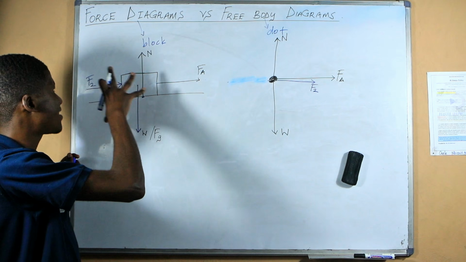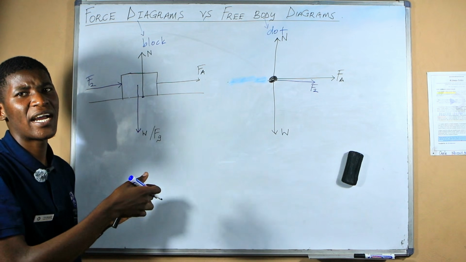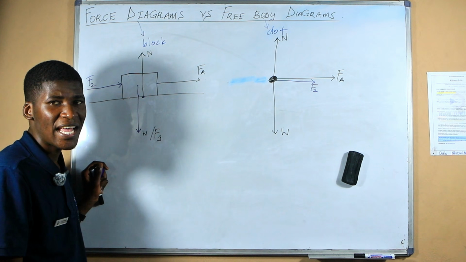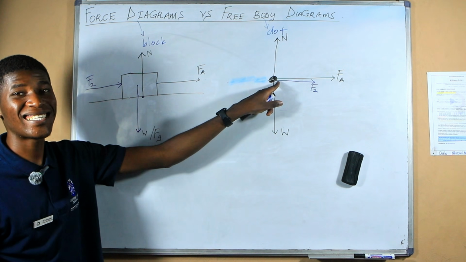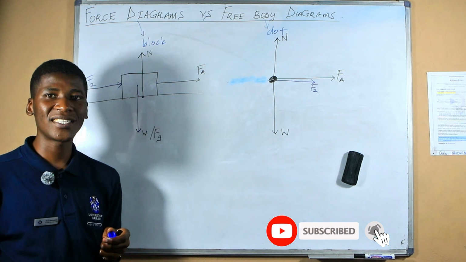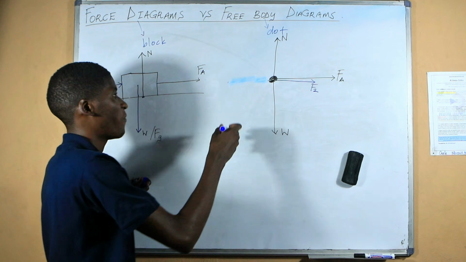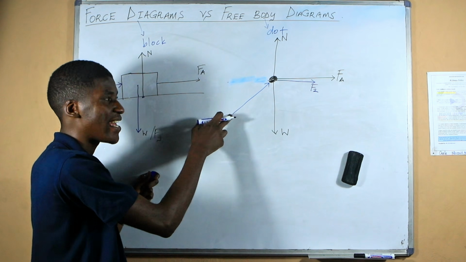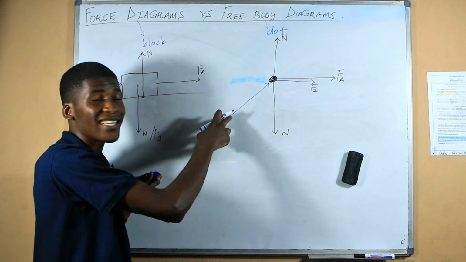So in a force diagram, the forces are just arranged in a haphazard manner. The forces in a force diagram show you where they are starting and where they are ending. But in a free body diagram, all the forces must start at the what? They must start at the dot. All the tails of the vectors representing those forces must always start at the dot. Because once you start a force here and say that here is a force, this will be incorrect, because the tail of the arrow must be at the dot.